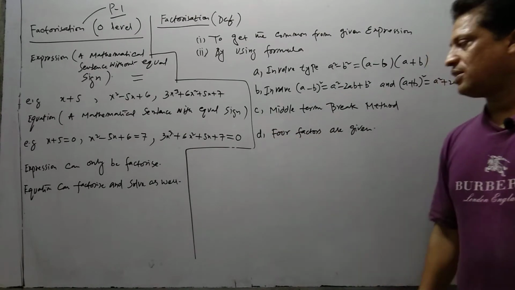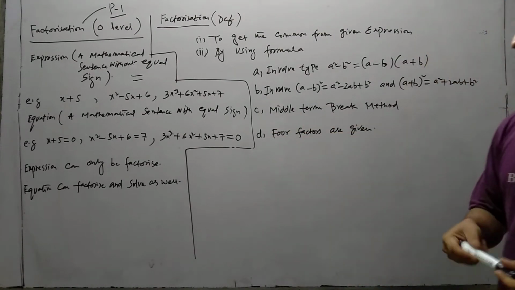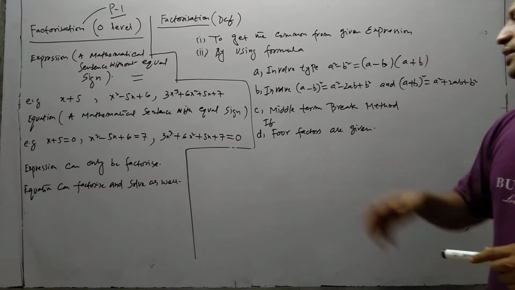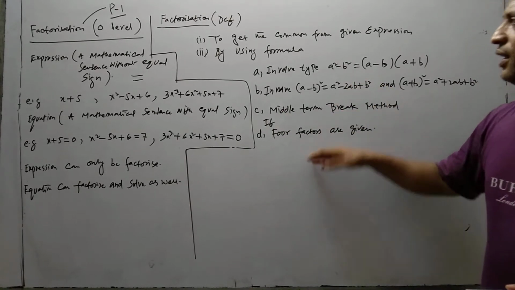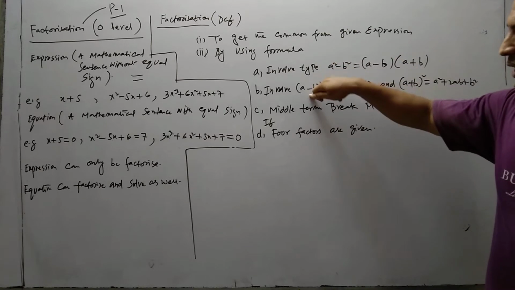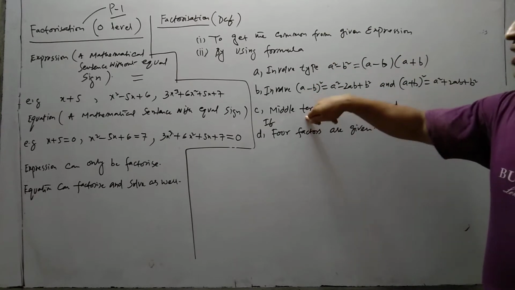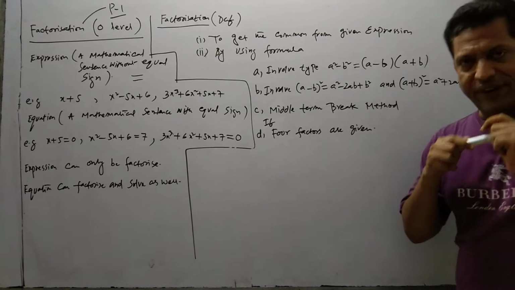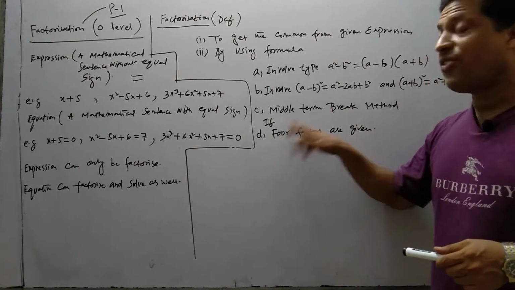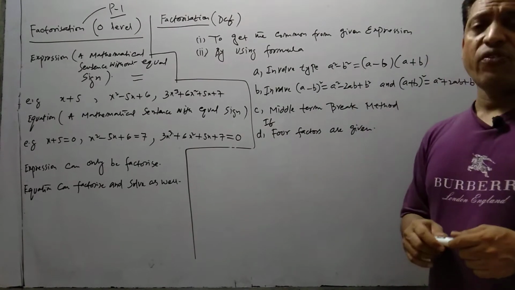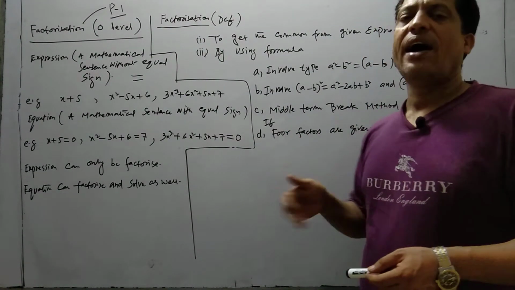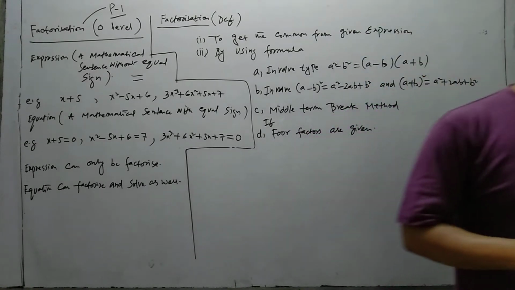The fourth one is, if 4 factors are given, then we cannot apply this method or this method or this method. We have to apply another method to find the factorization when we have been given 4 factors. So if 4 factors are given, we will apply another method. How to apply? I will tell you later. So